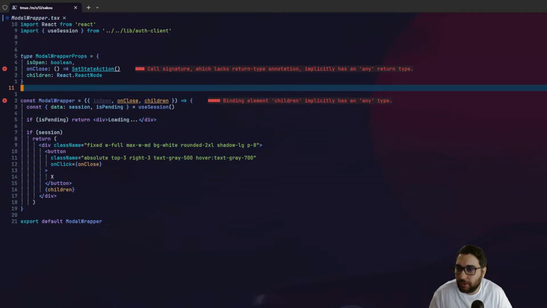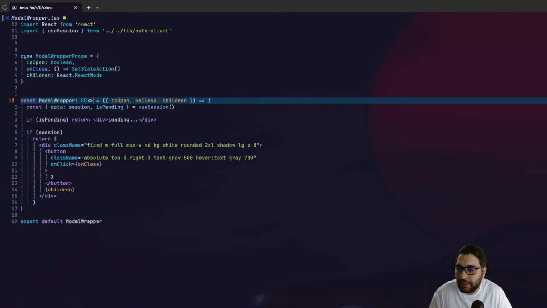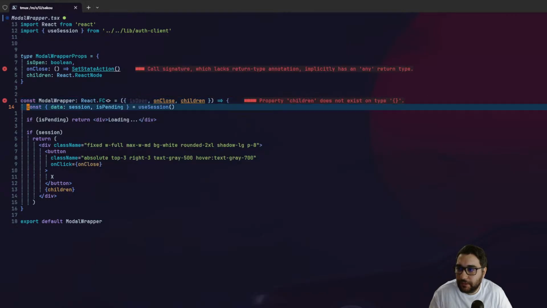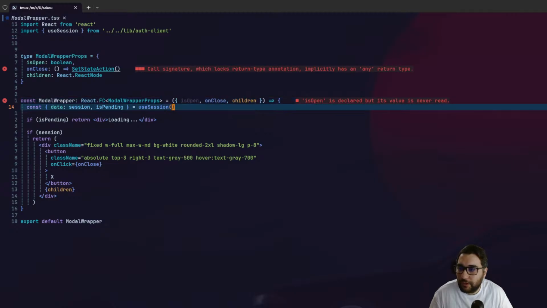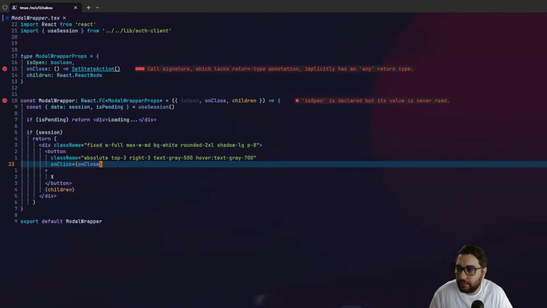right? Children has an implicit any. Here you can do two things. Either you can do FC and then you pass here what you want as React.FC, by the way, and you pass there the props basically, and that's what I tend to usually do at work. But a declared value is never read. isOpen. Wait a second. isOpen